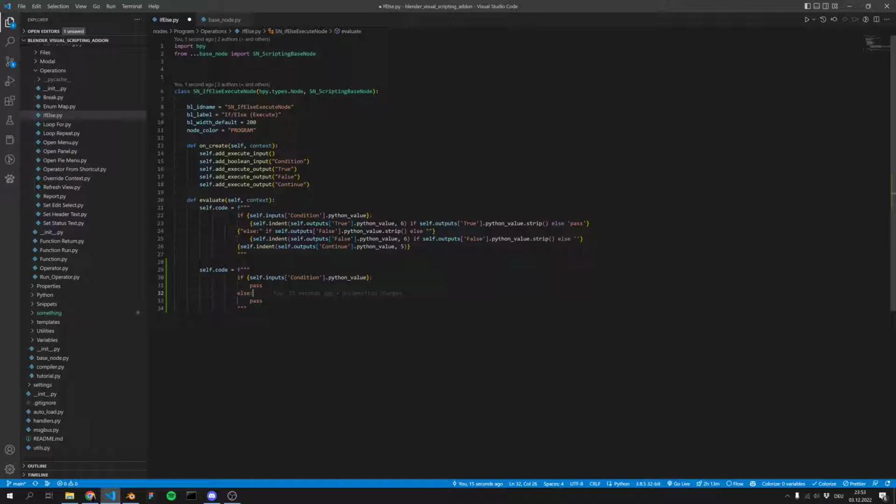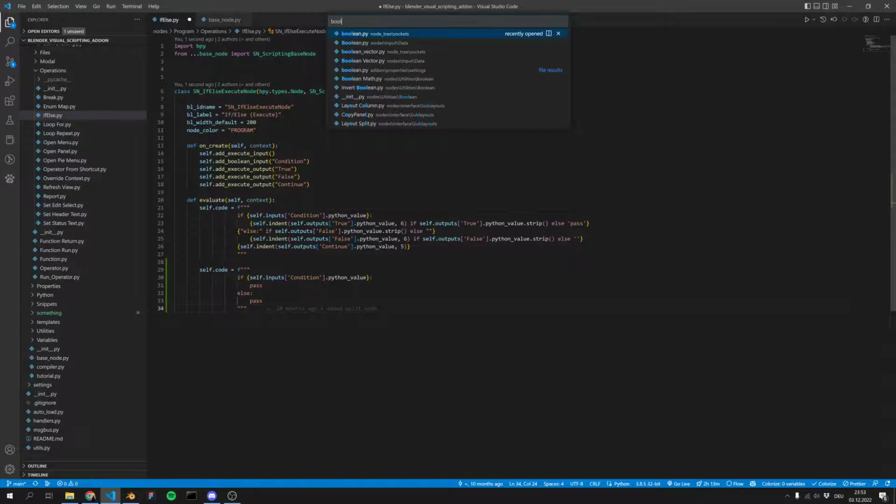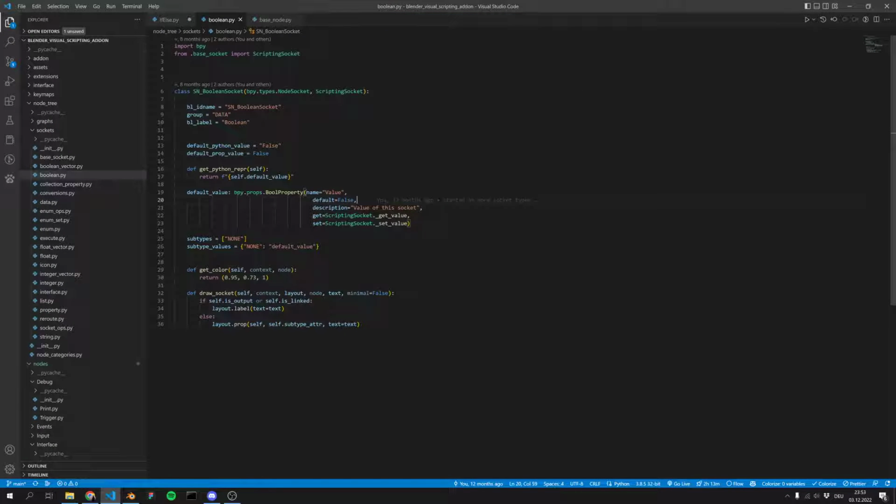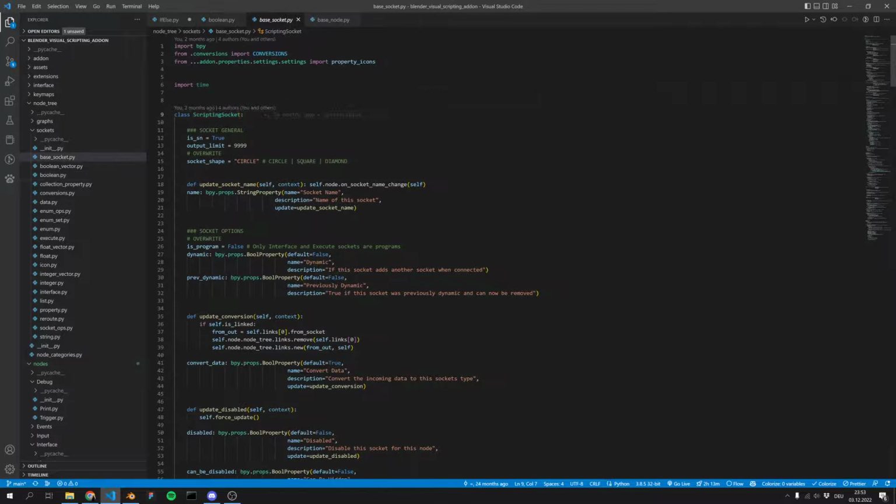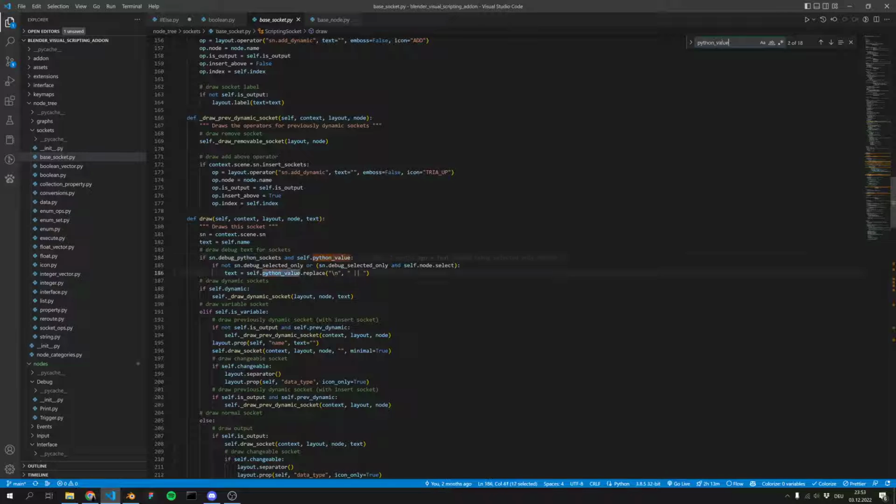So on this input, the property we want is .python_value, and what this does is, if I go into the Boolean socket again, we have the default value, which is actually the property being false or true, like a Boolean. But if I go into the scripting socket, which is just a base class for all of this, and I go to python_value,